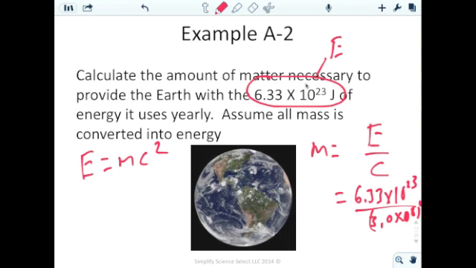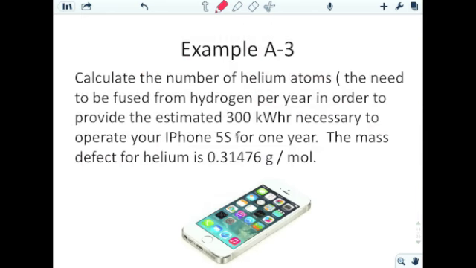Okay, and we get a mass of right around 7.03 times 10 to the 6th kilograms. Alright, so example A3, it says calculate the number of helium atoms